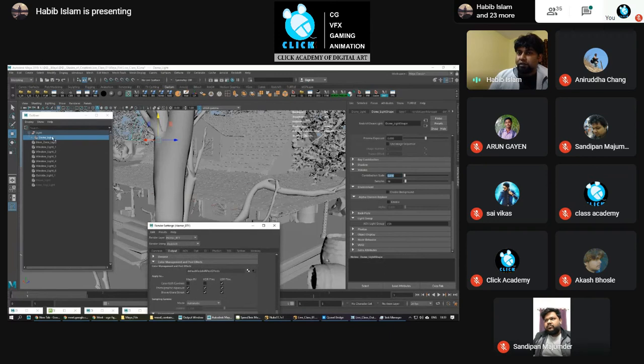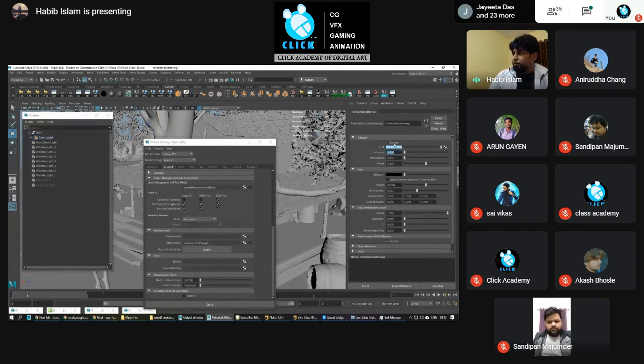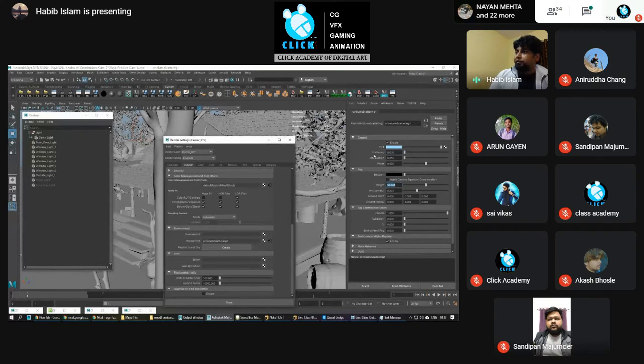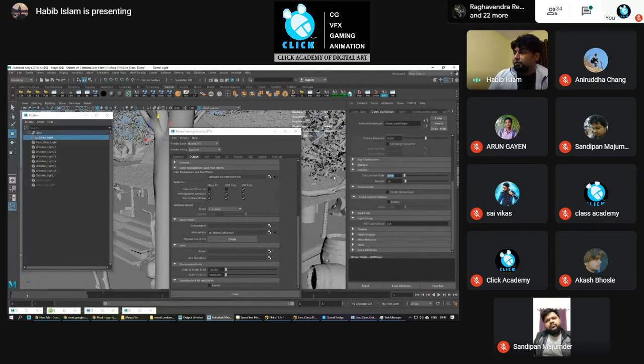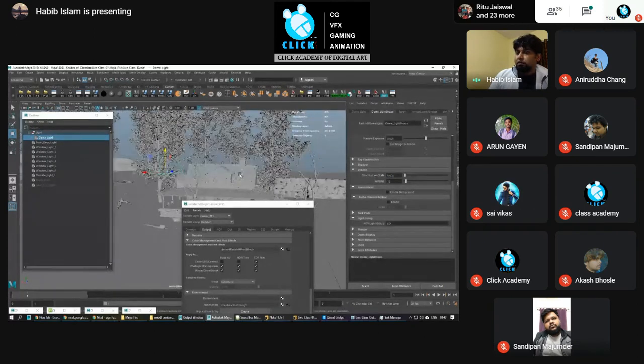After switching on the volume scattering, just go to the light and switch on the volume scattering. Then if you render, I'll be switching on the environment. If you go here, you can get all the controls of the environment fog as well. You can put color, scaling, and height variation. For the environment, I have added a little environment fog, a little blue color, and in the light, I have added this contribution scale. So this light will cast the environment fog.